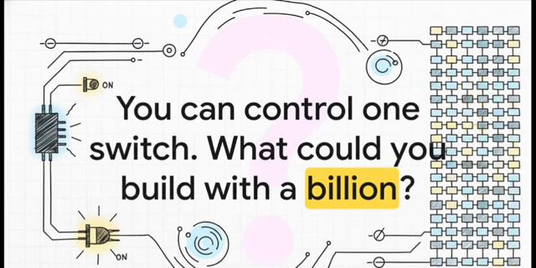So look, you can now control one switch. But what could you build with a billion of them? The answer is everything. By understanding how to turn this one simple component on and off, you've really grasped the fundamental principle behind every digital device you own. The operation is exactly the same, whether you're just lighting a single